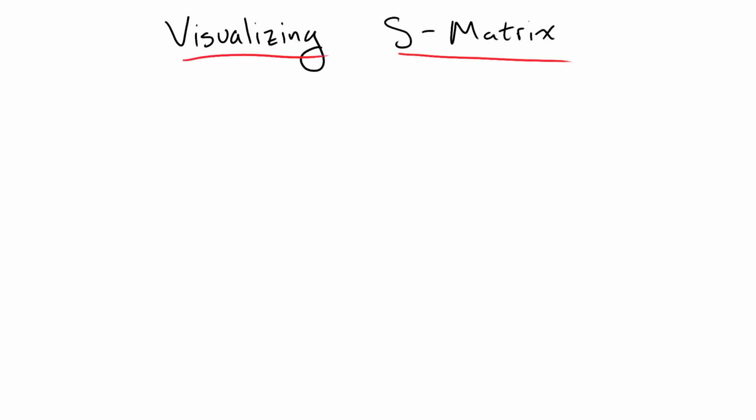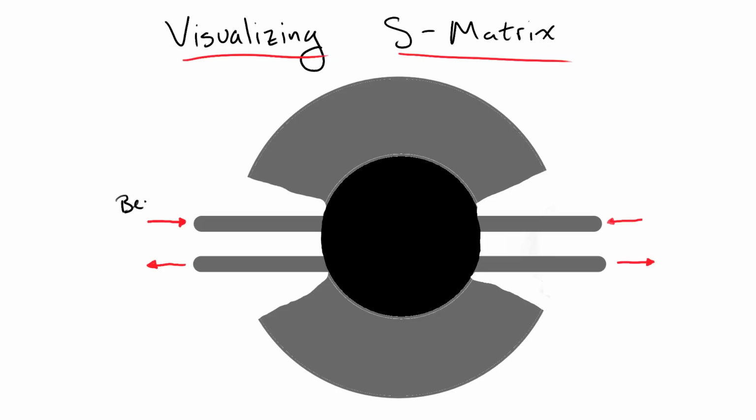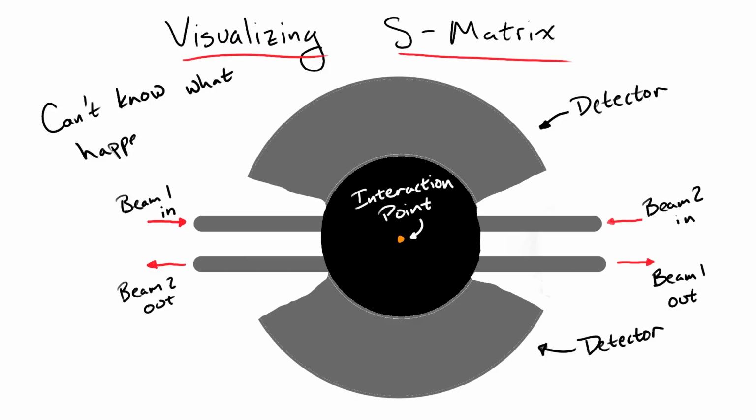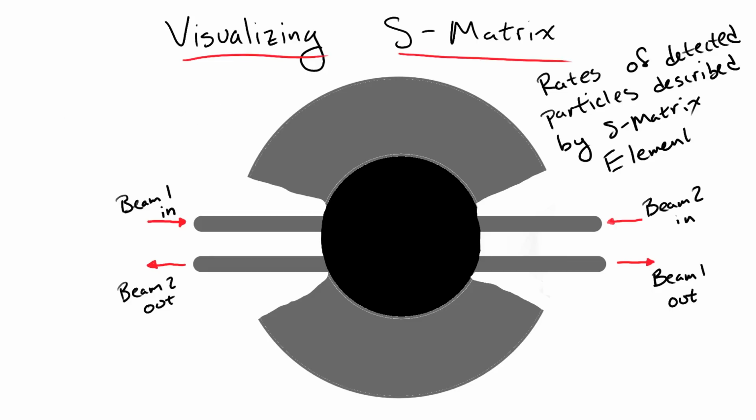To do this, we'll create a detector which lives far from the interacting region of the two beams, which we can make small by tuning the relative angle and width of our two phi beams. We can't know what's going on between the interaction region and the detector, but since the detector lives far from the interactions, and the interactions remain weak, the rates at which we expect to observe certain particles is exactly given